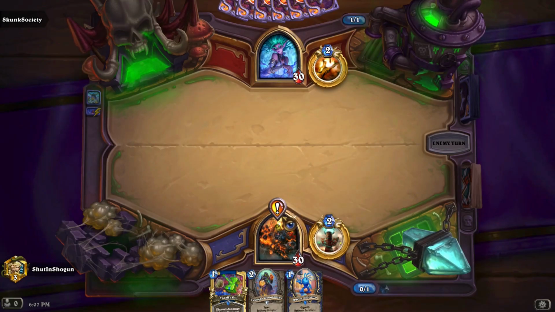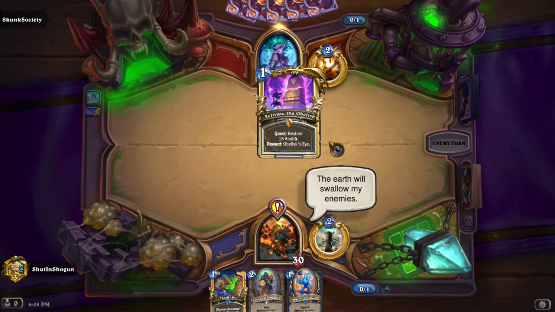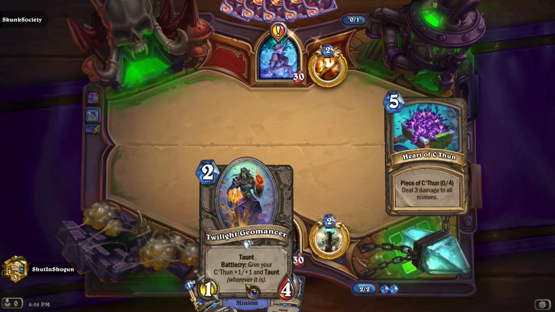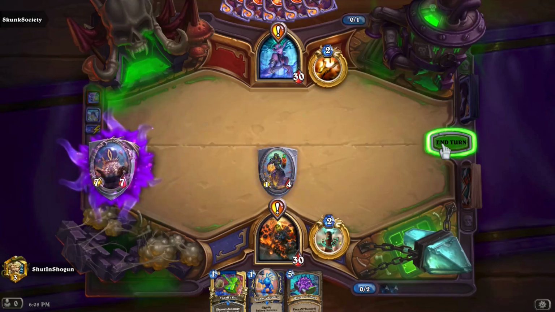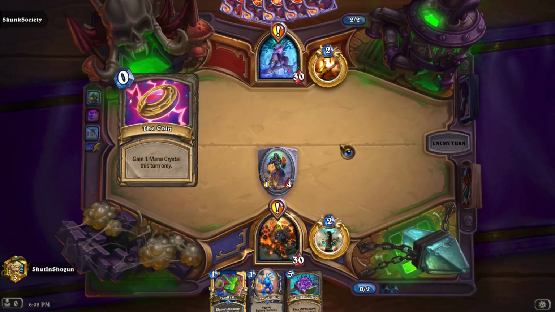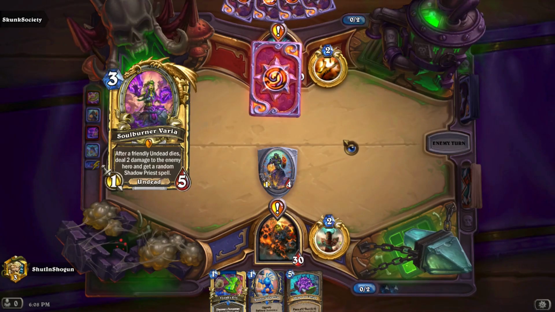If our opponent's here... There we go. There we go. I knew it was a quest. If I was a betting man, I would have said it was a quest. In that case, and in particular, the healing quest is probably the best outcome. Just because they don't really... Or they don't necessarily have...